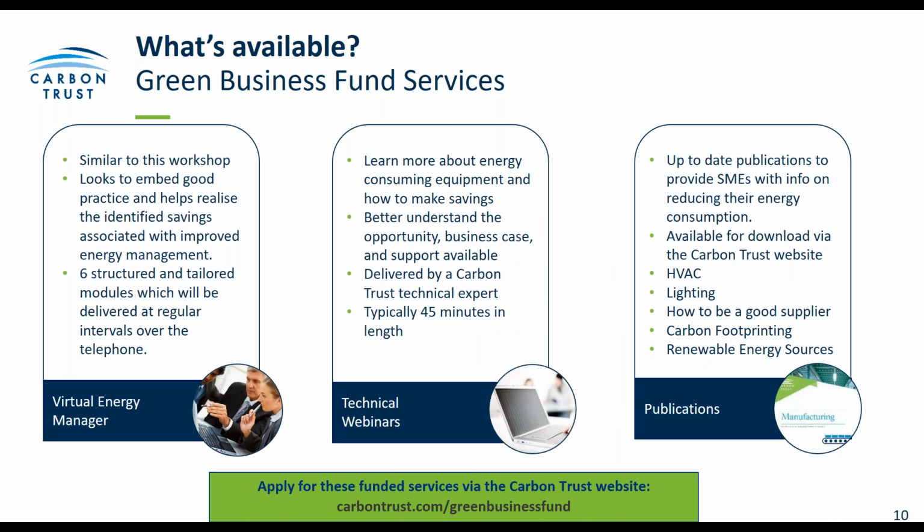A couple of other services that are available through Green Business Fund, just to run through. So the first one being our Virtual Energy Manager service. So this is essentially a series of structured workshops or modules that would again be delivered by one of our consultants. And this is really for businesses who specifically want to look at the energy management processes that they have or don't have within the business already, and look at improvements that could be made to those. So it is a fairly flexible service